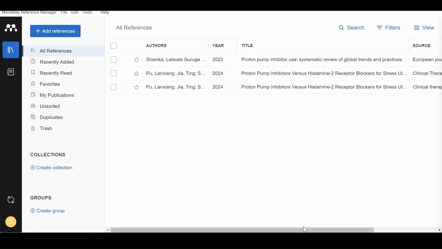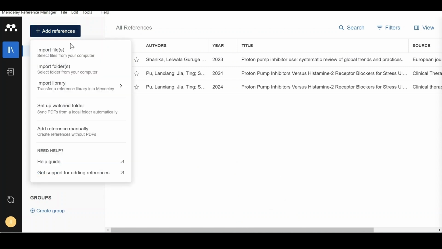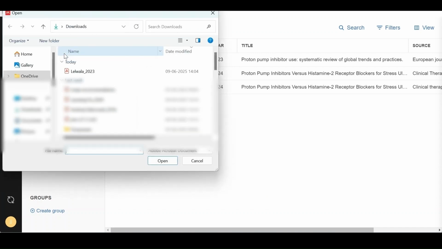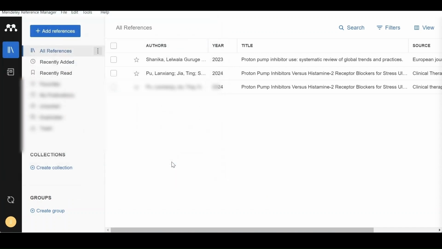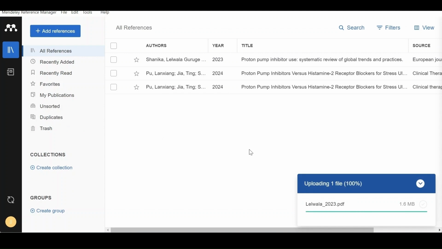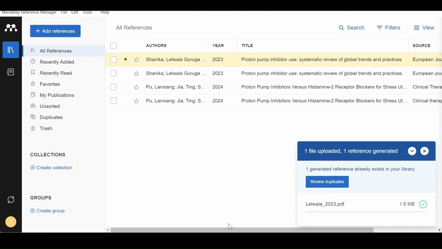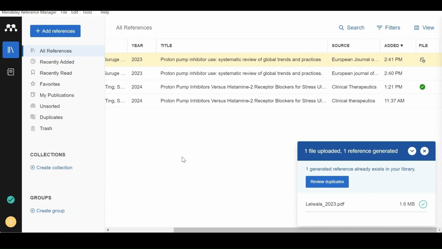So next let us see how to add the particular PDF here. Go to add references, go to the option import file. Here you can select the PDF that you have downloaded already. See, now the reference file gets uploaded with the PDF.